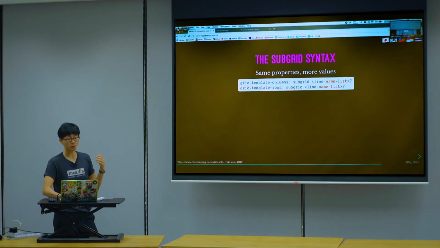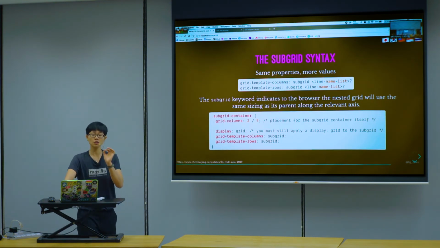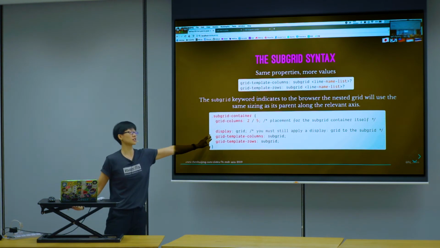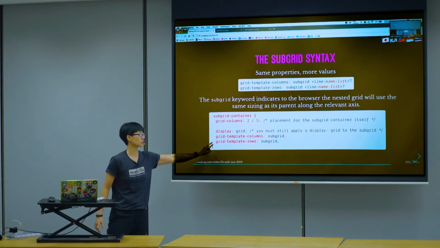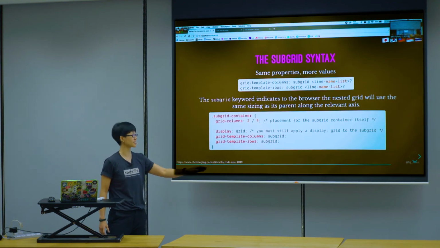And it's also possible to keep nesting subgrid. But don't do this jialat nesting, okay? So again, a reminder: when you use subgrid, you use it inside grid-template-columns or grid-template-rows. Your display must still use grid. If you don't remember anything else of the nonsense that I say today, just remember this part.